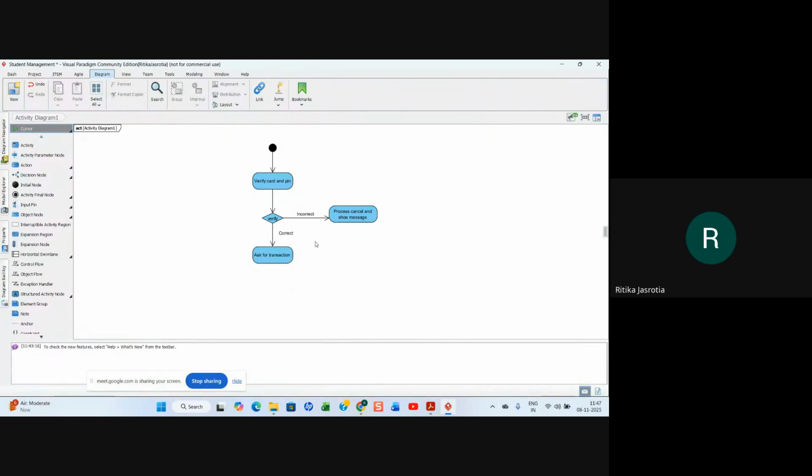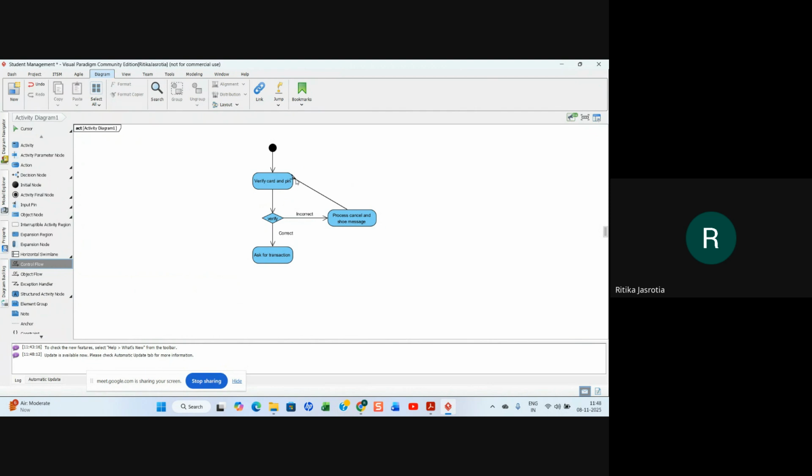Right? So again if I have to connect it to this one, I think, if I take from here, I'm taking the control flow one and putting it back here, right? Sorry.